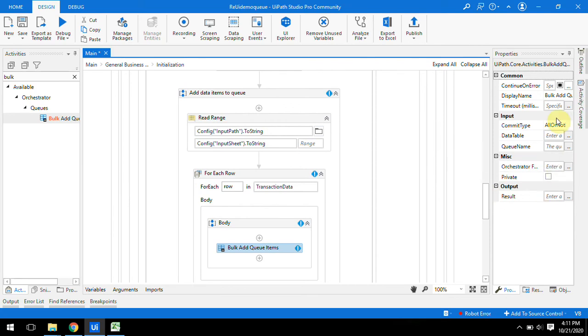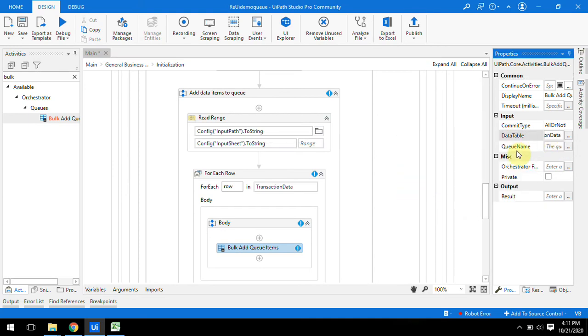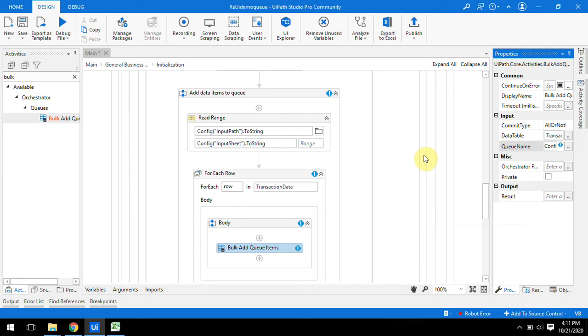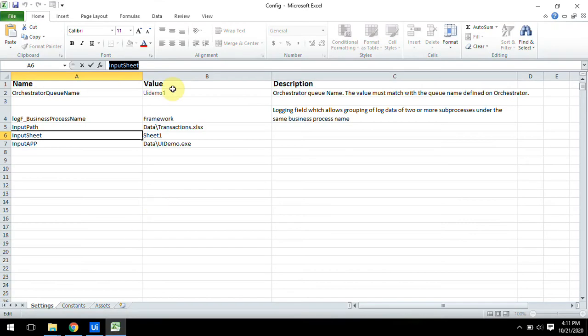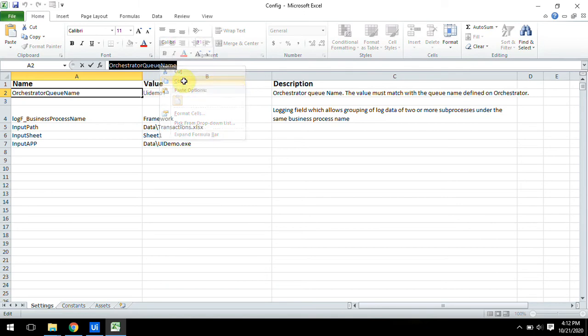So our data table name is transaction data, and for the queue name we have to use config. The name of our queue we have mentioned there. Remember only the name value we have to enter, the value part is not necessary, only the name part.